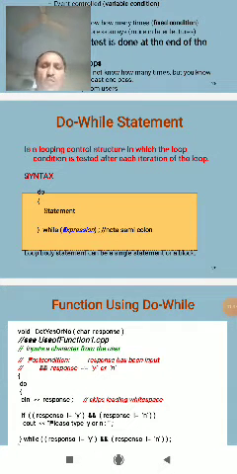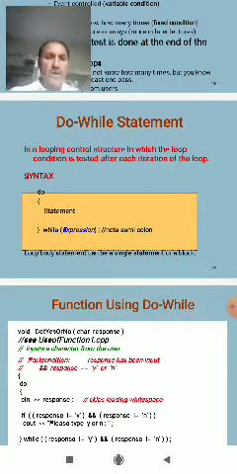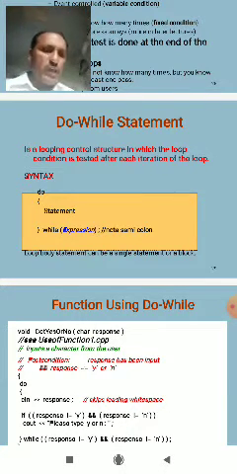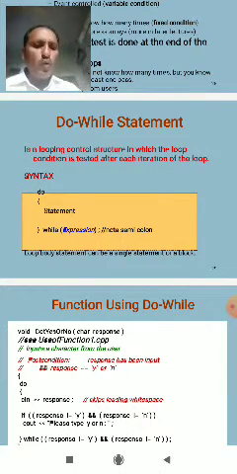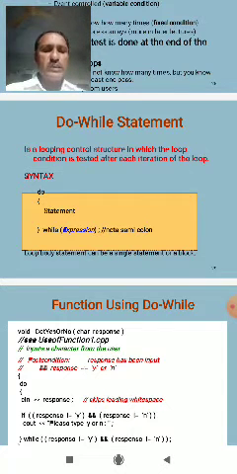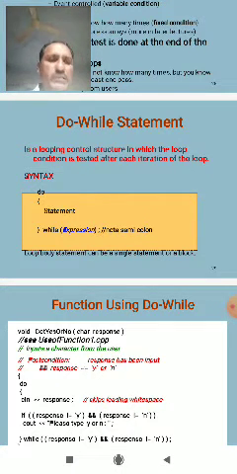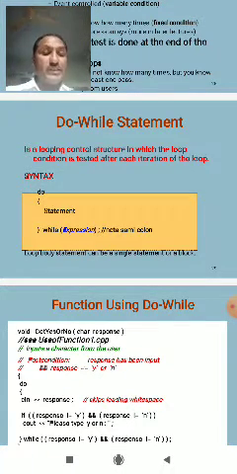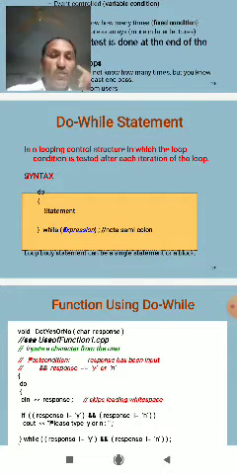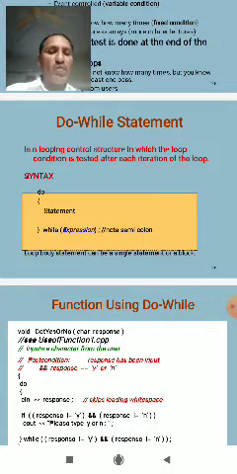This is the while loop. For all loop structures in C++ we have to take instructions; this is the while statement, and this is the general format of the while statement.